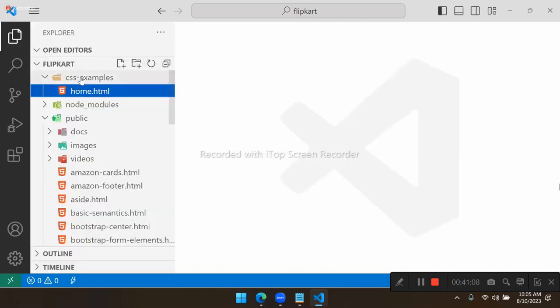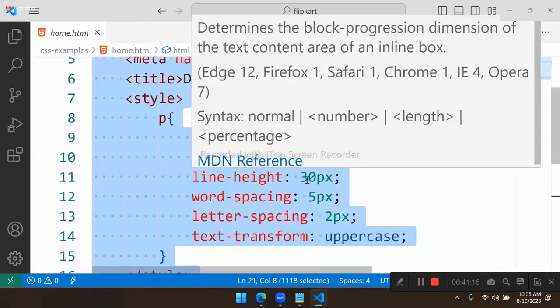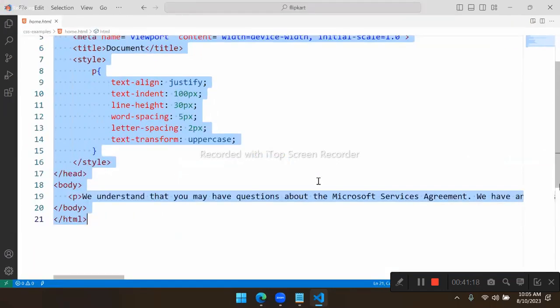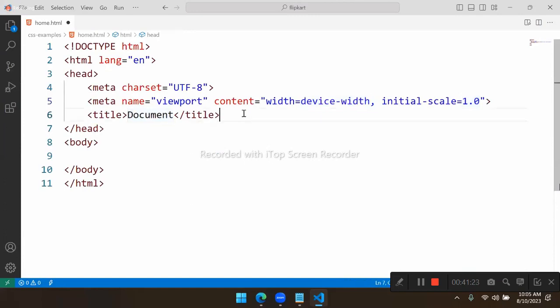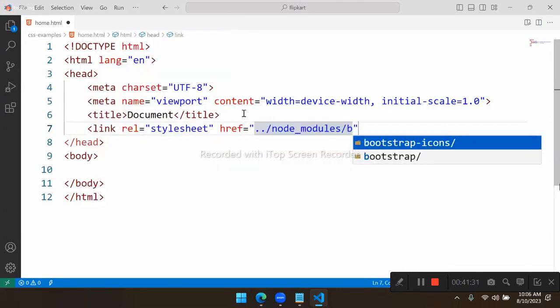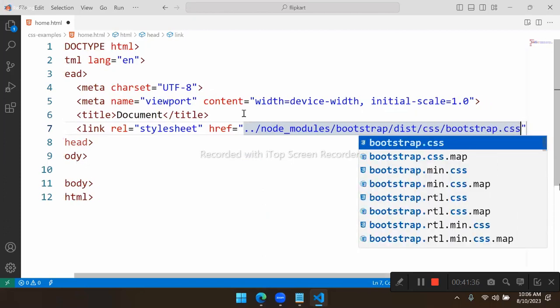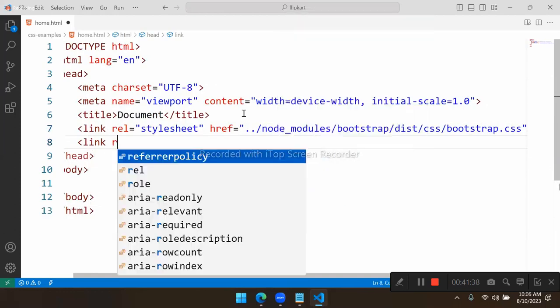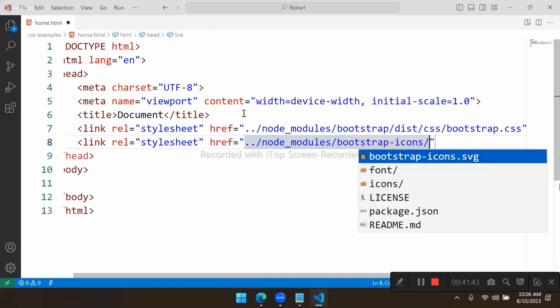I will go to the CSS example here. We have a home page. In this home page, we want to use those effects. So see what to do. First, in the head section, you have to link rel is stylesheet, href is node modules, bootstrap, dist, css, bootstrap.css. Another link, rel stylesheet, href node modules, bootstrap icons, font,